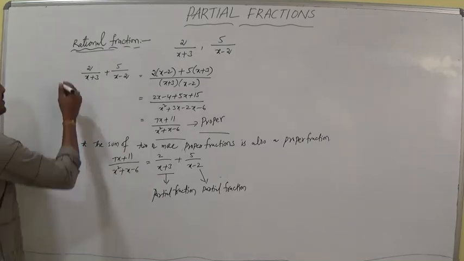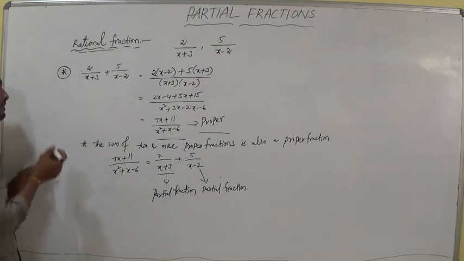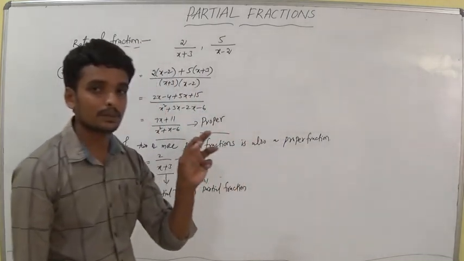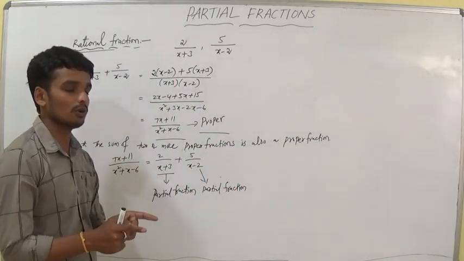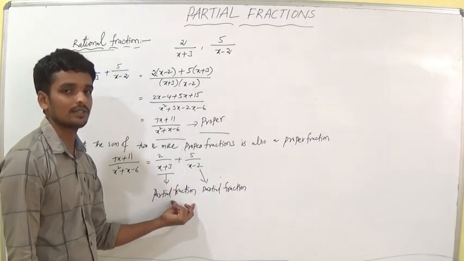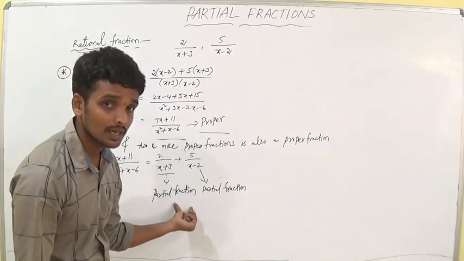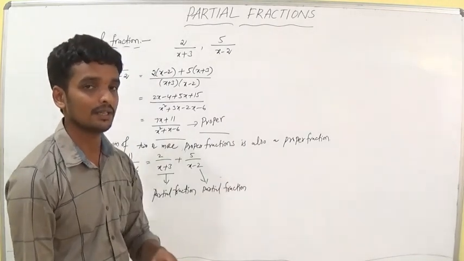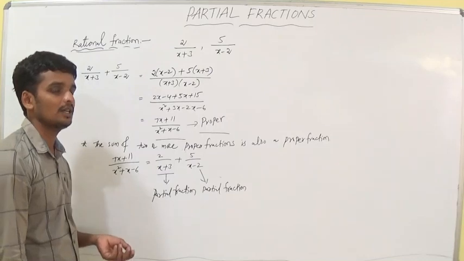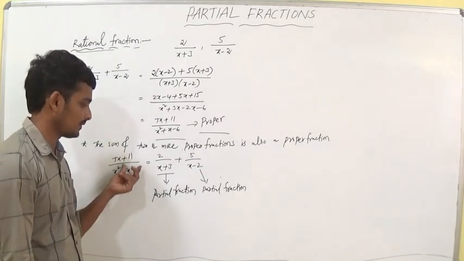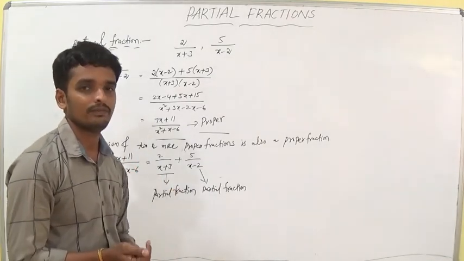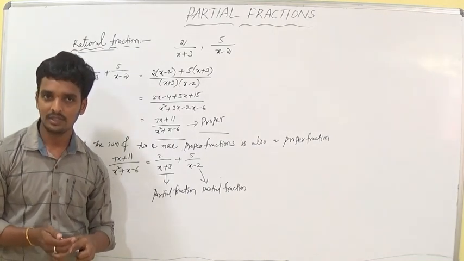This is the most important thing. So this is the definition of our topic. What is the definition of the topic? A proper fraction can be expressed as two or more proper fractions. Each proper fraction is called a partial fraction. This method is called decomposition. The process of doing this is decomposition of f of x by g of x. Are you okay? Shall I erase this?